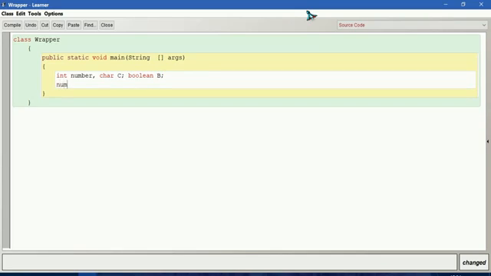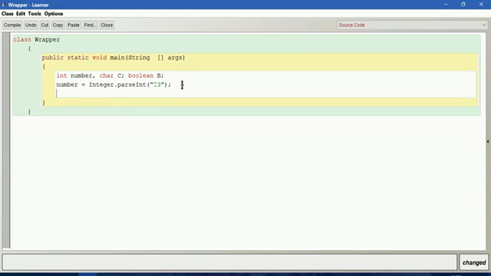So let me have number is equal to Integer.parseInt, that is I with capital, and then I give here just "23". The value which I have given inside the quotation will be a string type, isn't it? So that will be converted into number type, which is integer type. So just let me print this.